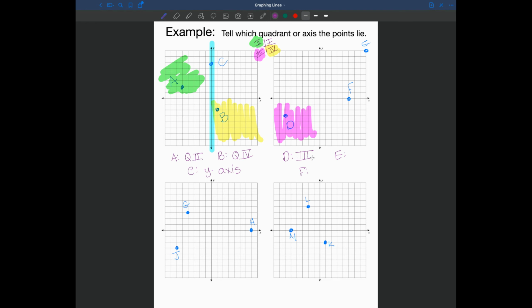My next is point E. So let's go ahead and take a look. Where's point E? Well, point E is up here. It's up here. So that quadrant corresponds right here. And that would be quadrant 1. So I know that E is in quadrant 1. And then I'm going to go ahead and find